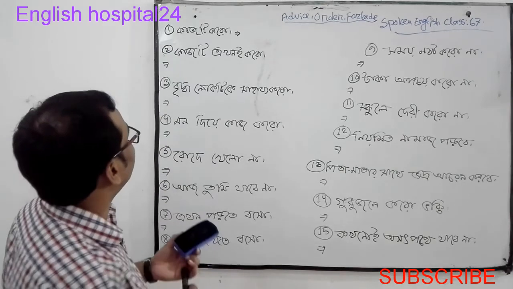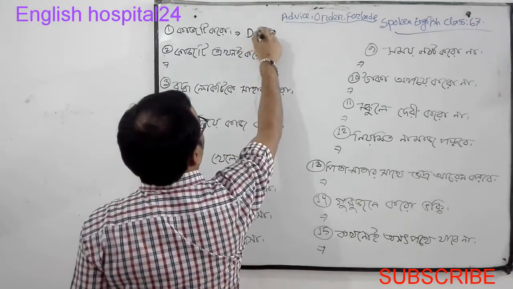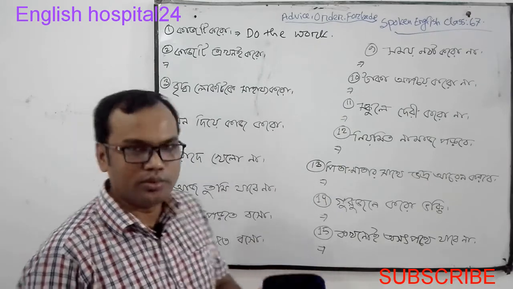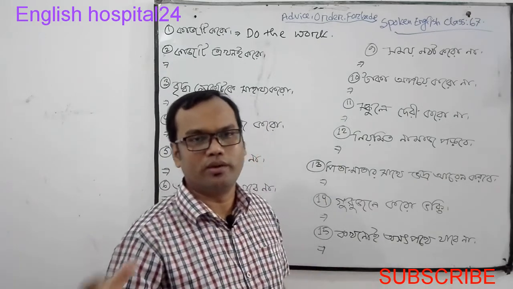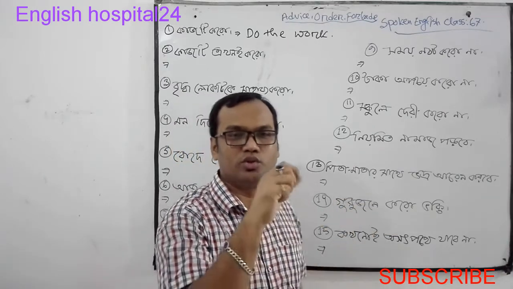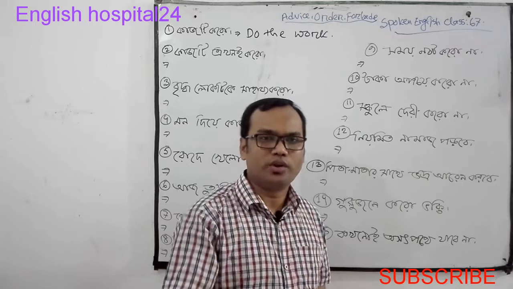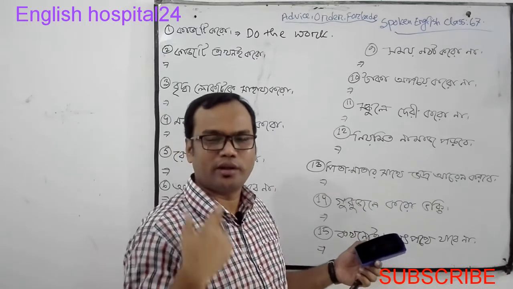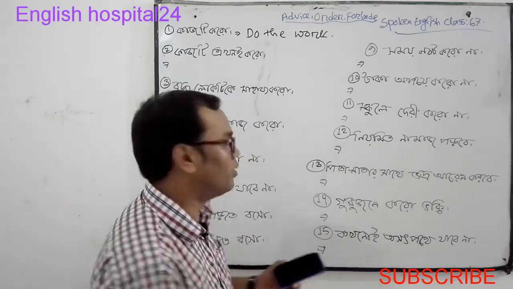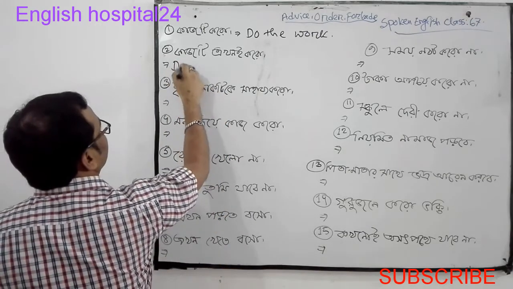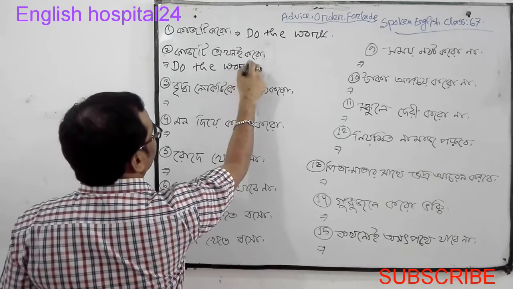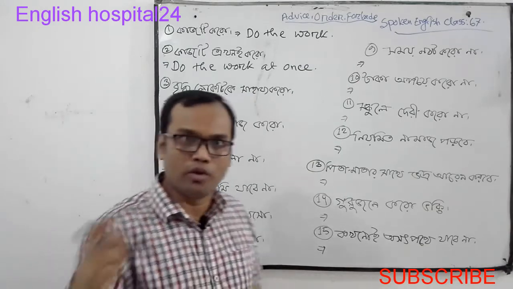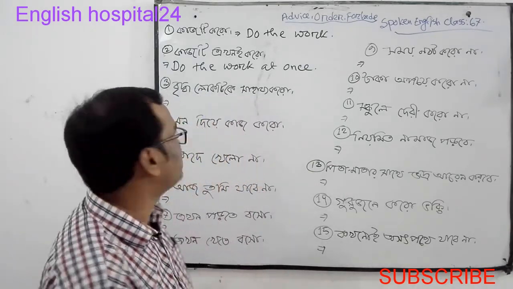First sentence is কাজটি করো। তাহলে যখন আমরা বলবো কাজটি করো, do the work. If I want to make someone help me or do my work, then I can order: do the work or do my work. যখন আমি আমার জুনিয়র কাউকে বলবো, অবশ্যই তাকে আমি আদেশ ভাবে করবো। সেক্ষেত্রে আমরা তাকে আদেশ করে বলবো do the work now, এখন কাজটি করো। তাহলে do the work at once, এখনই। যখন আমি একটু বেশি জোর দিয়ে বলবো সেক্ষেত্রে do the work at once, এখনই কাজটি করো।